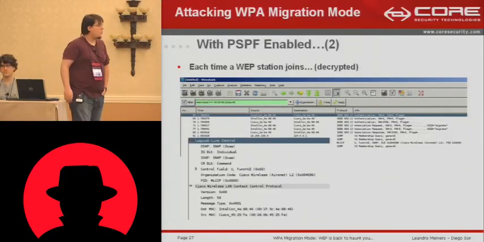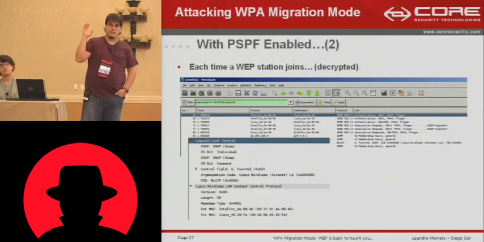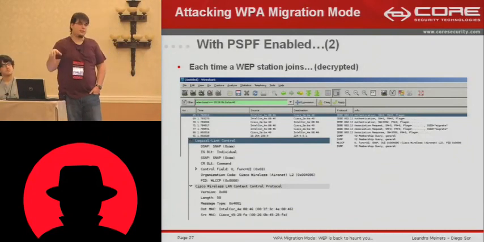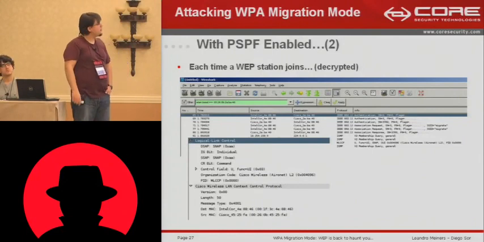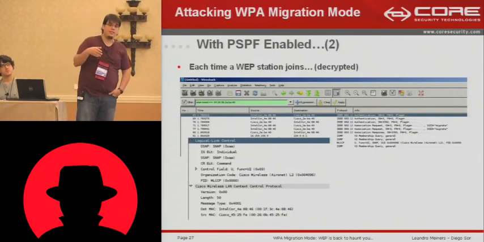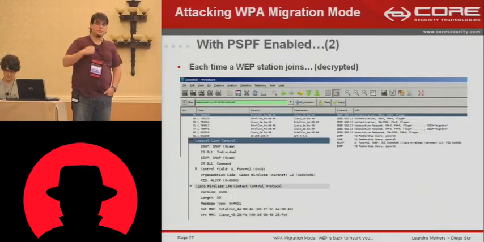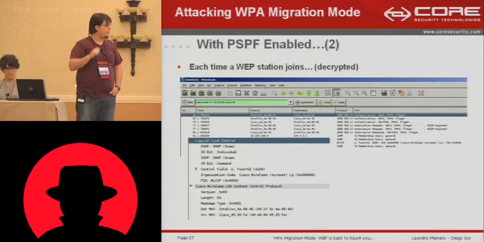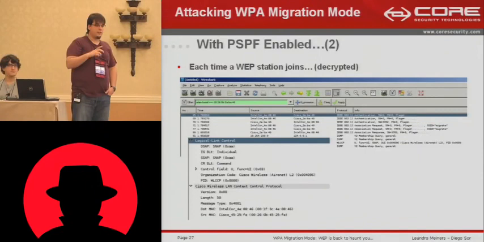WCCP packets are Cisco's Wireless LAN Context Control Protocol, a protocol that Cisco uses to coordinate the APs, the access points. So each time a station connects, either a WEP station or a WPA station, Cisco starts sending out these frames by default. And the interesting thing is that WCCP frames have a lot of